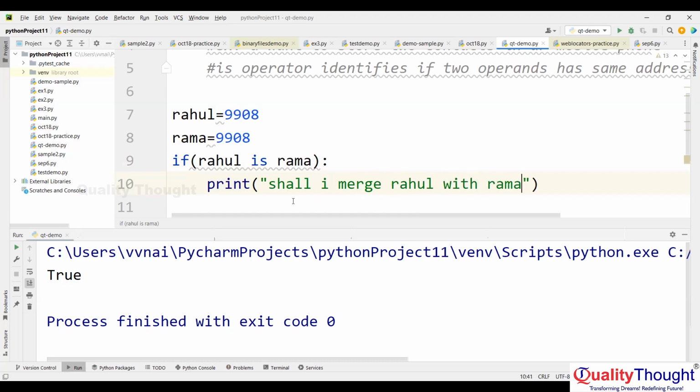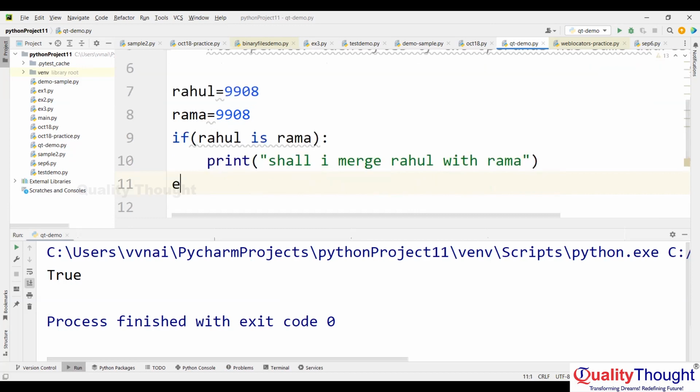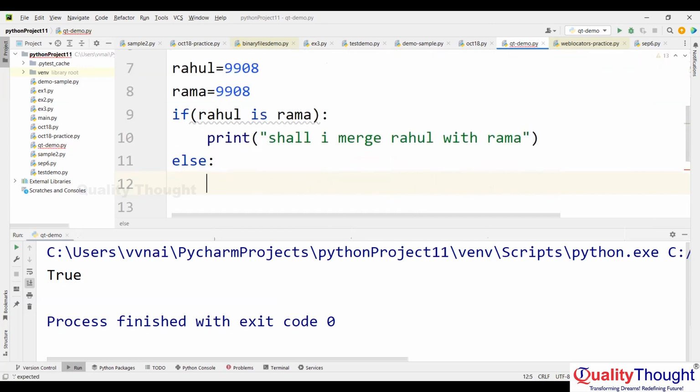Because two people should not have the same number, they will lose their identity, right? So to avoid that, the is operator checks if two identifiers have the same address, then merging will be required. If there are two different numbers, obviously, else it will tell you,